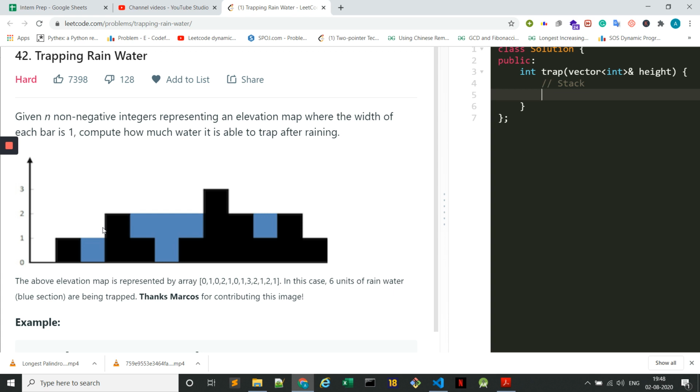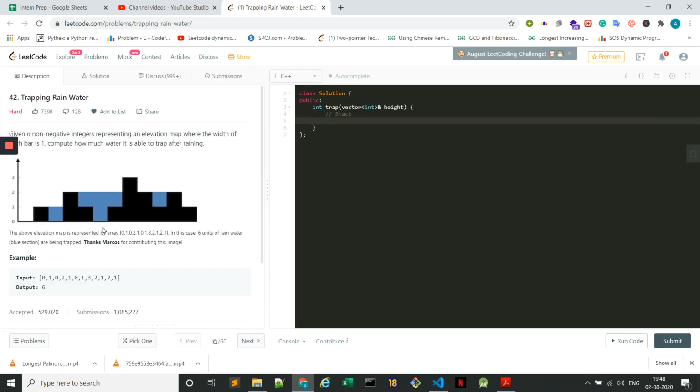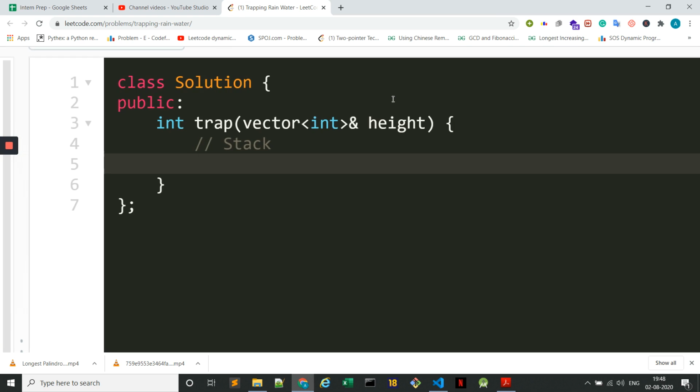Now what do I mean by the word bound? We will look at all the possible indices in these heights, and for each and every possible height I will try to find out the left bound and right bound. That means the immediate right entry which is greater than this height, and the immediate left entry which is greater than this height. So let us say I have an array like 3, 2 and 4. Then I will say that the bound of 2 is this on the left and this on the right.